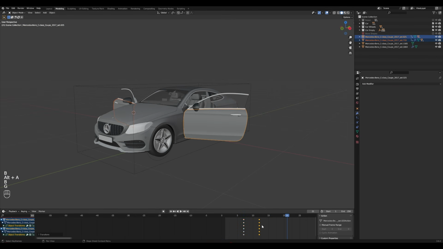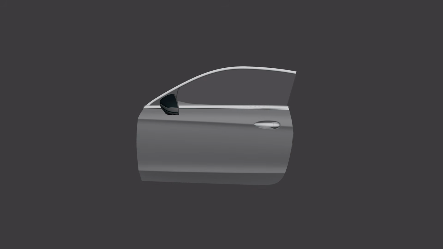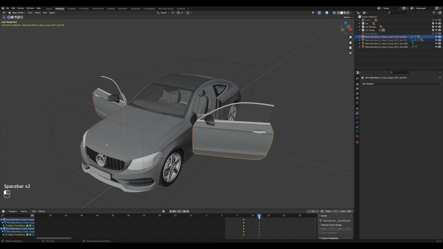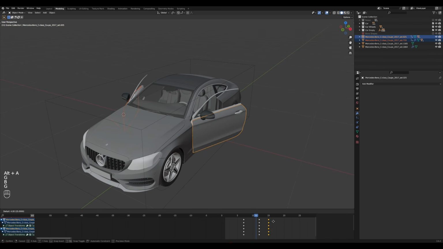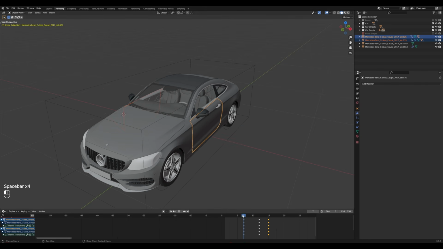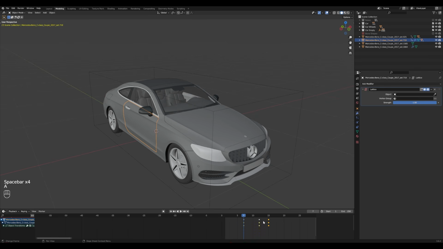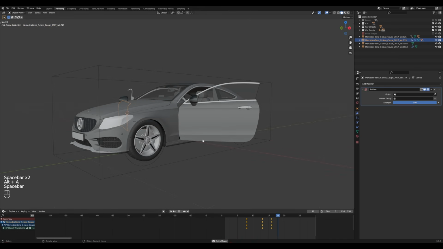Now I want a bouncy animation effect, something like this. I can achieve this by adding another keyframe here in the middle. Select all these keyframes and move them about here. Now you can see a bouncy animation like this. You can also offset the animation of the doors like I did here to get a little variation.